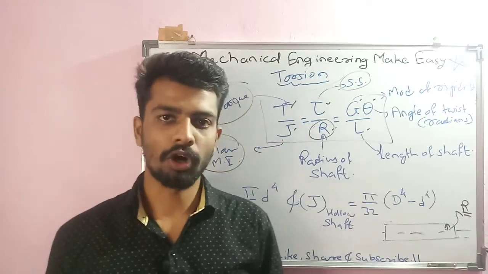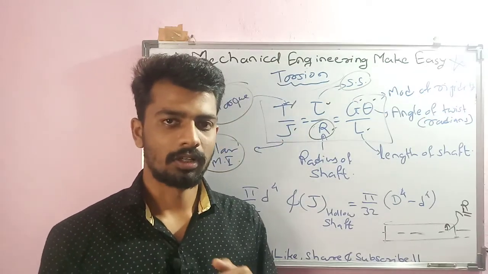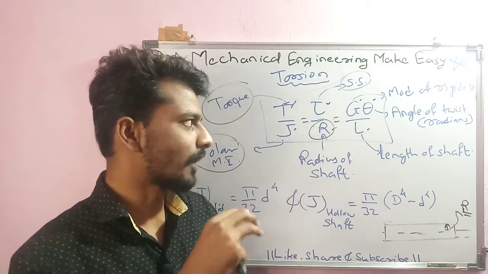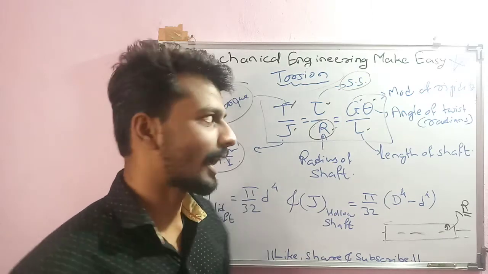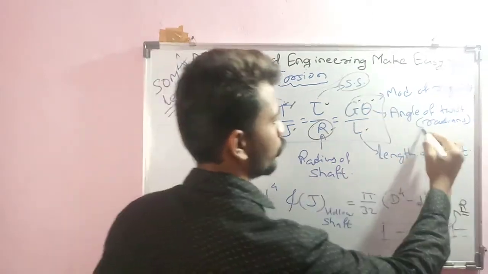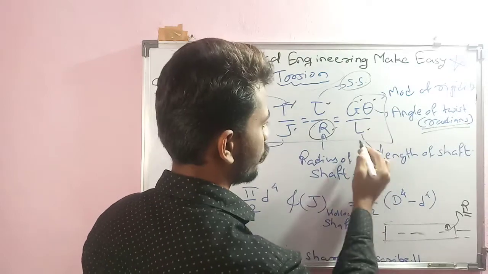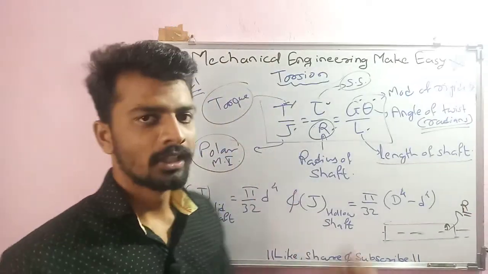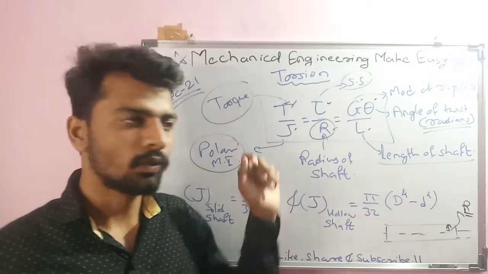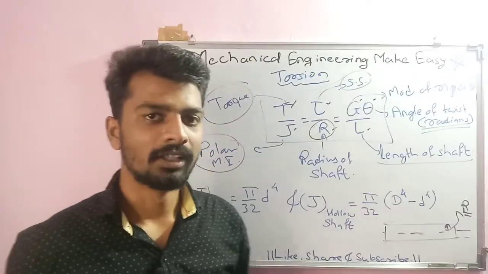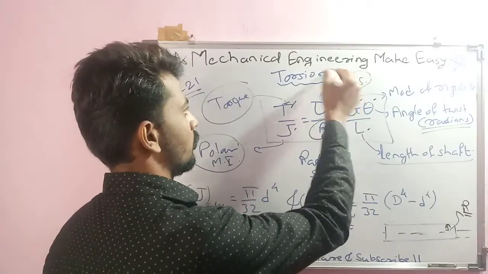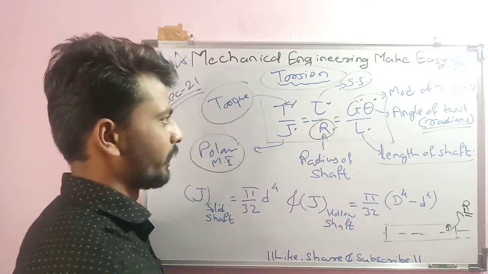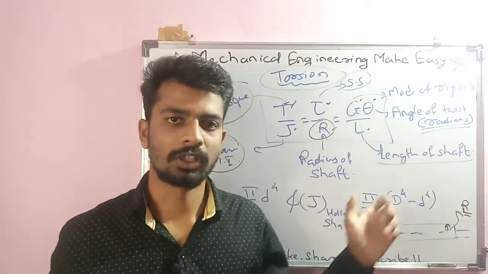As we apply torque to the shaft, because of the application of torque the shaft will twist by some angle, and that angle is theta, and that value should be in radians. And in the denominator there is one term, L, that is the length of the shaft. So the torsional formula is T by J equal to tau by R equal to G theta by L. This formula is very important for the study of torsion, so let's note it down, and we will subsequently look at some other concepts of torsion also.